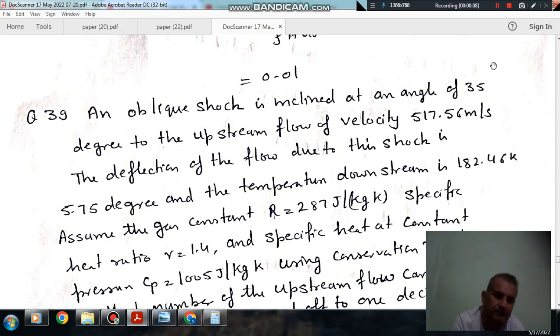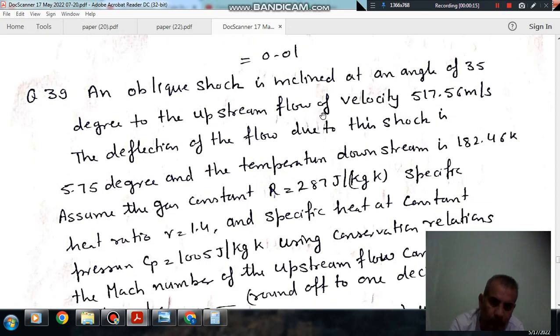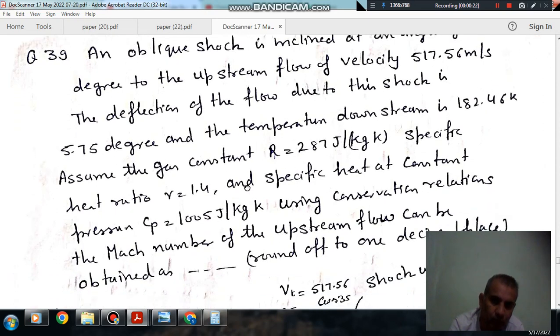Question number 39 is: an oblique shock is inclined at an angle of 35 degrees to the upstream flow of velocity 517.56 meters per second. The deflection of the flow due to this shock is 5.75 degrees and the temperature downstream